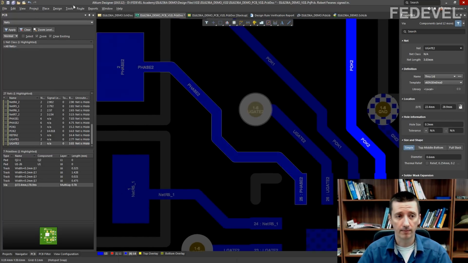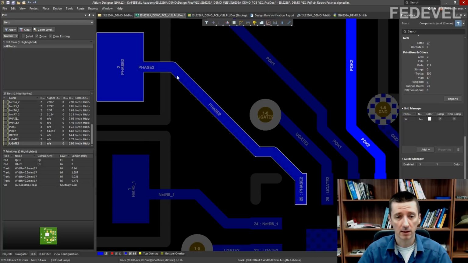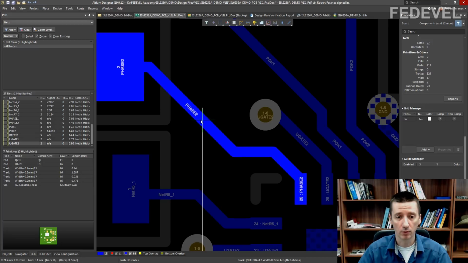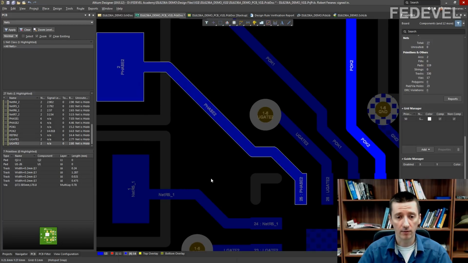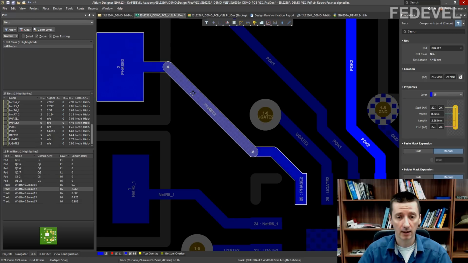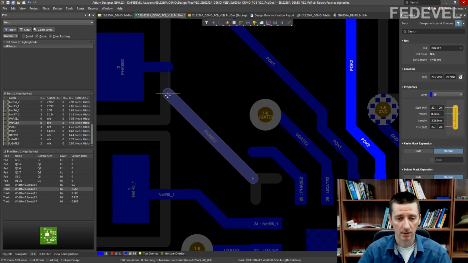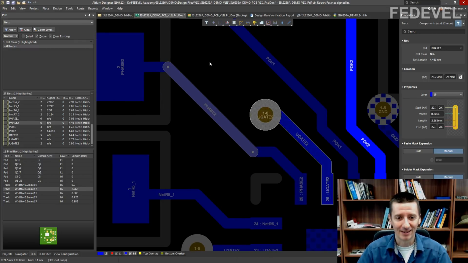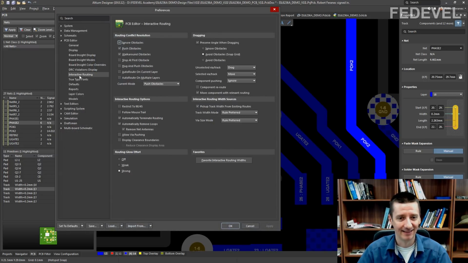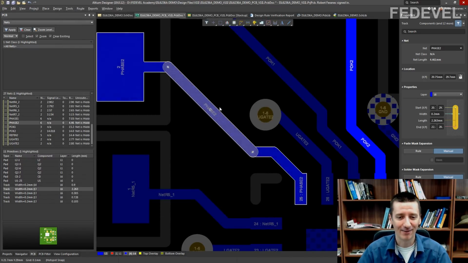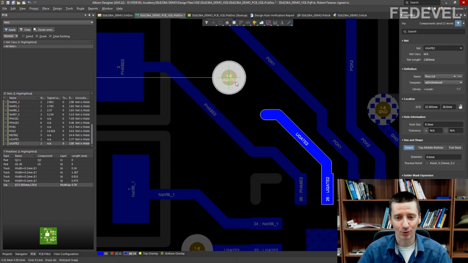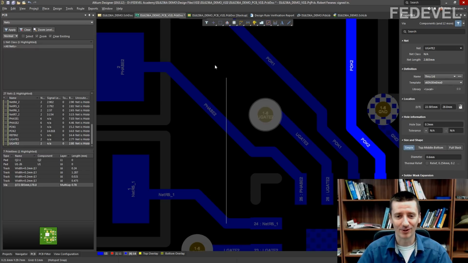Same for tracks, okay? If you do not select the track, you can move it and it will stay connected. Or if you select a segment of the track, you can just move the segment like this. This is usually not very useful, but you know, it's the same setting here. So I normally don't need to move just the segments of the tracks, but this is very useful for vias. That's why I use it.